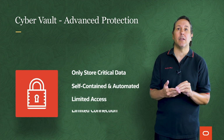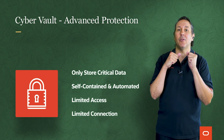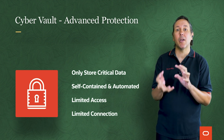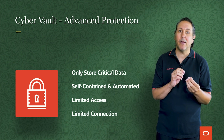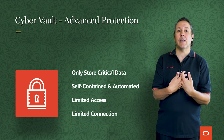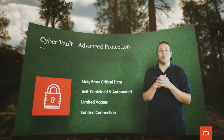Good, but in such a cyber vault architecture, why is ZDLRA so effective? Yeah, so let's talk about the basics for the vault first, and then I'll talk about the specifics for the recovery appliance. The vault is designed only to store your critical data. Second, it needs to be self-contained and automated. You want to make sure that this process is happening on a regular basis without manual intervention. Third, limit your access control. So even more limited than production, there should only be a small number of people that have access to the vault. Finally, the vault should remain disconnected. You want limited connectivity between the vault and the production systems